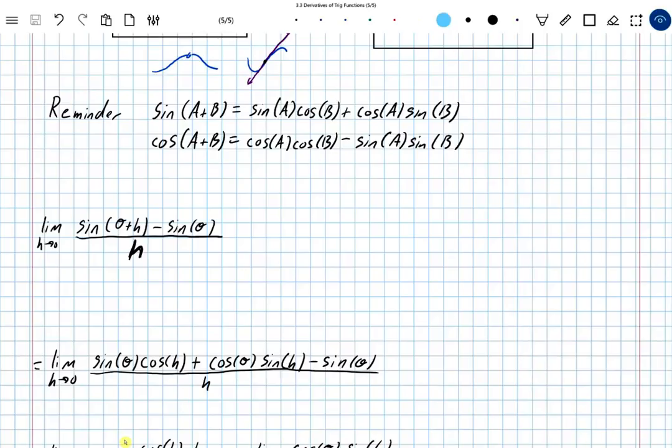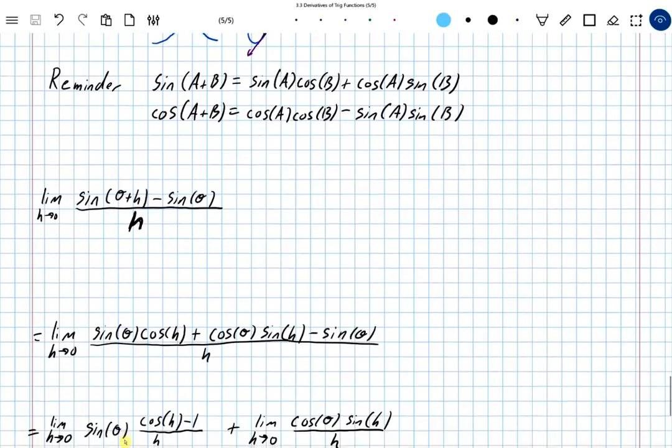Oh, okay. Well, maybe we can do something with this, all over h. What I want to do is split up this fraction into terms, and I'd like to sort of gather things. So let's just go ahead and look at, notice how this limit has an h, but we've got these thetas flying around. So in particular, I'm just going to focus on the terms that have a sine theta in them, and I'm going to gather those terms,